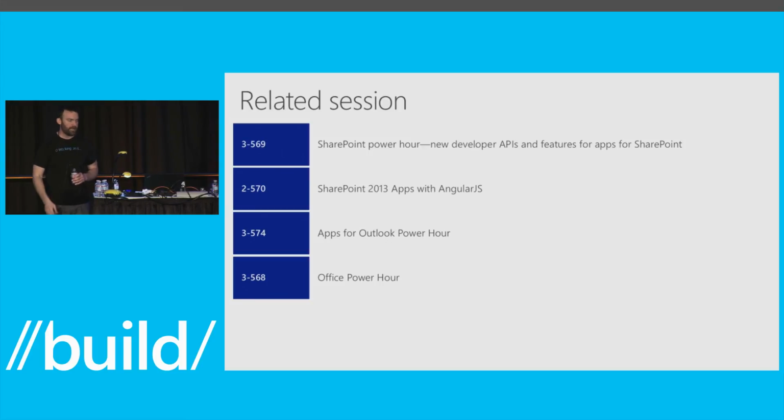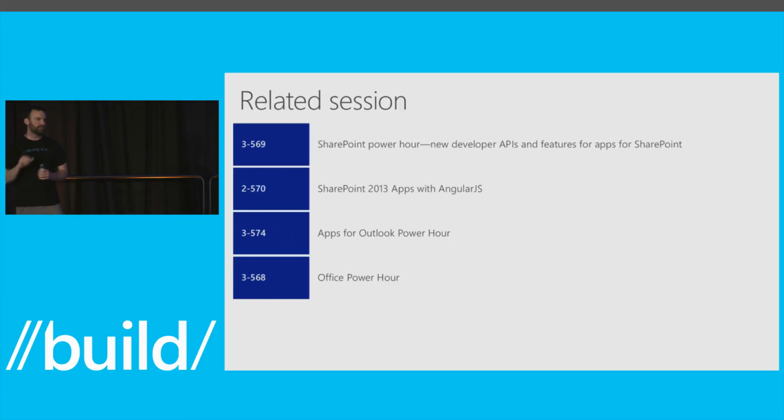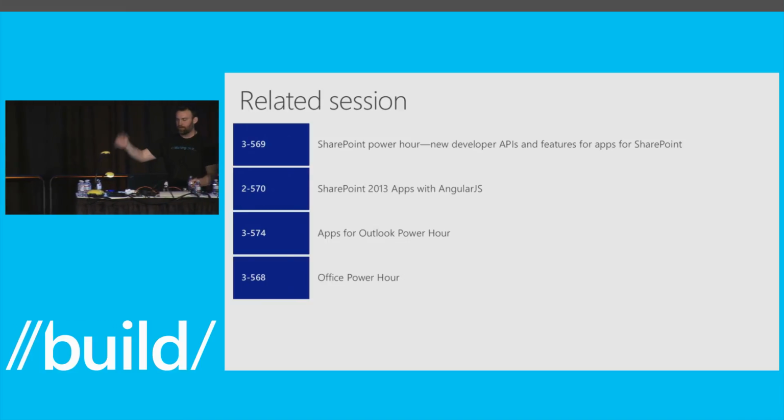And then on Friday, at the very beginning of the day, is a great talk from Andrew on Outlook and extending Outlook if you really want to get into that. And given the results of the poll, it sounds like a lot of people are interested in that, so you should go check that out. And then at the very end of the day, the last session slot of the week, is Rolando closing things off with the Office Power Hour and going into more about the overall extensibility model there inside of the clients.